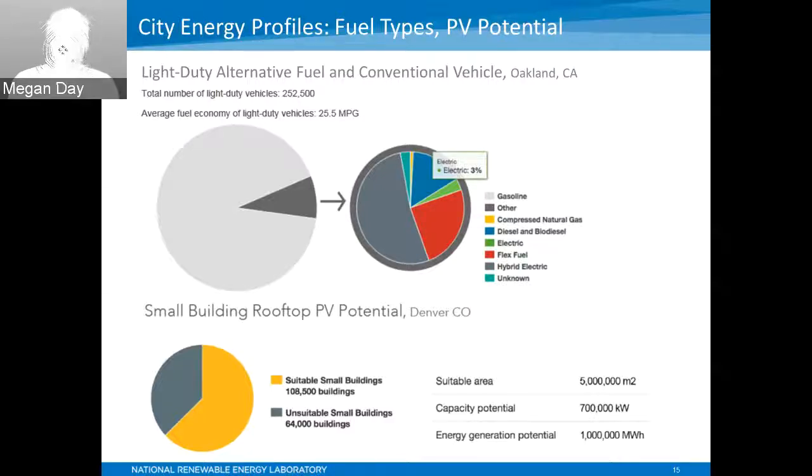And so I've used this as a proxy for the residential sector in many cities where there is not that much multifamily. So here in Denver, Colorado, we've got, and again, if you scroll over, you see the different percentages of suitable versus unsuitable small buildings. We took this data from LIDAR data, which is flown data and imagery for 128 cities. And we looked at the rooftop PV potential from that data, and we created a methodology to extrapolate that data and apply it to every other US city, depending on their insolation, as well as,